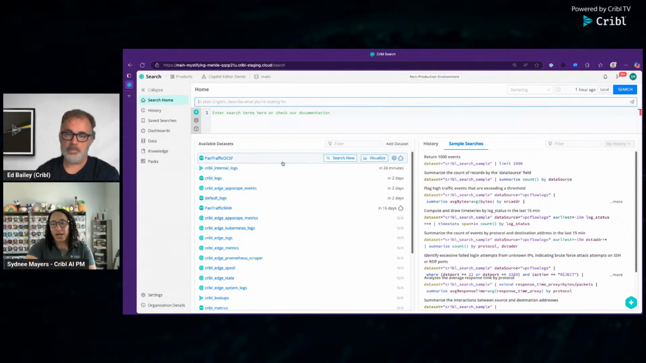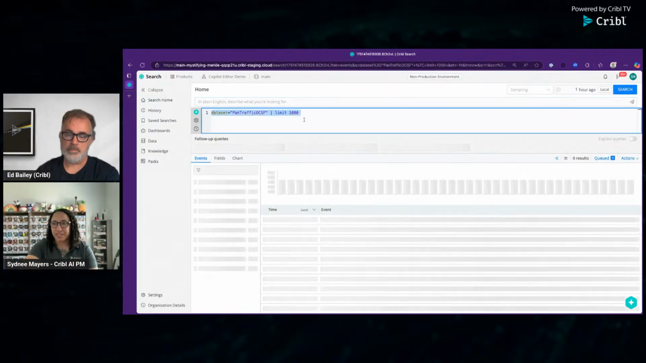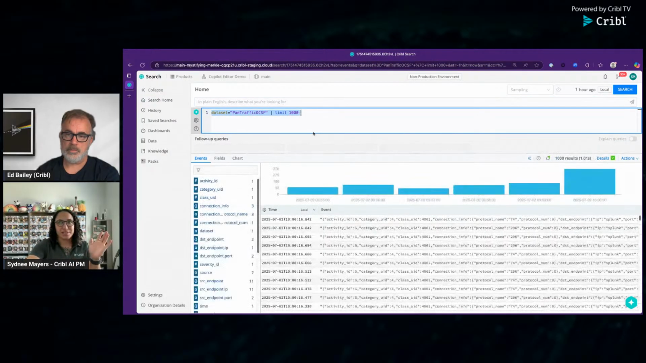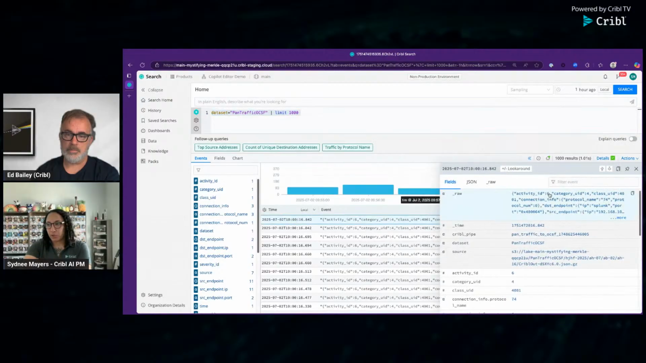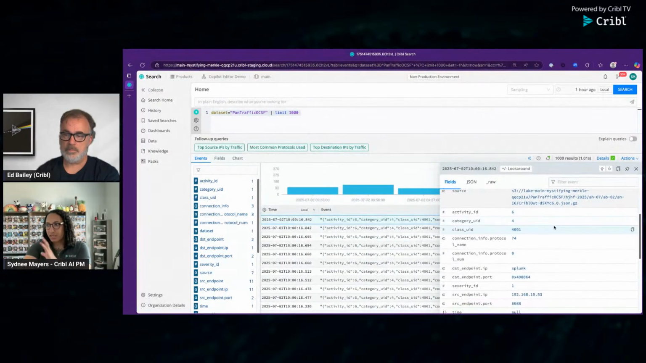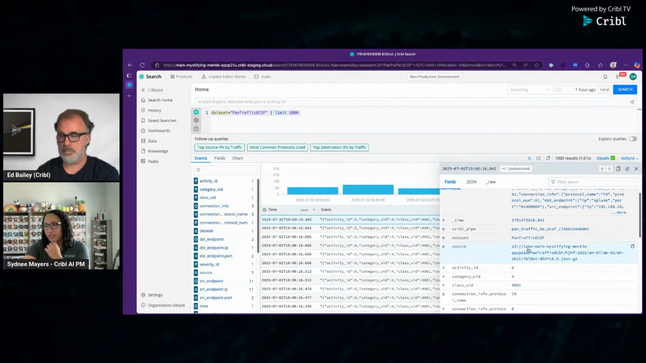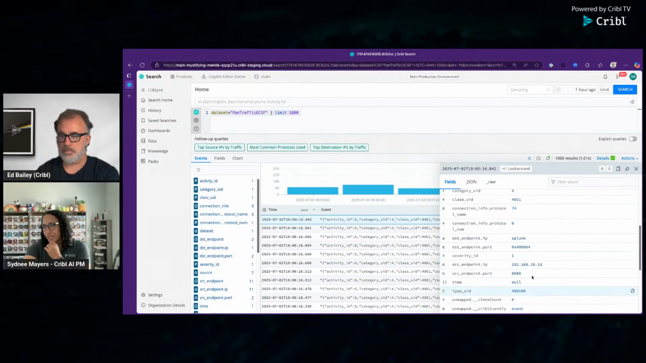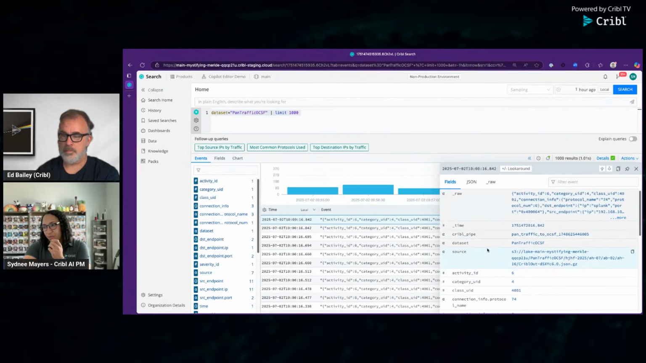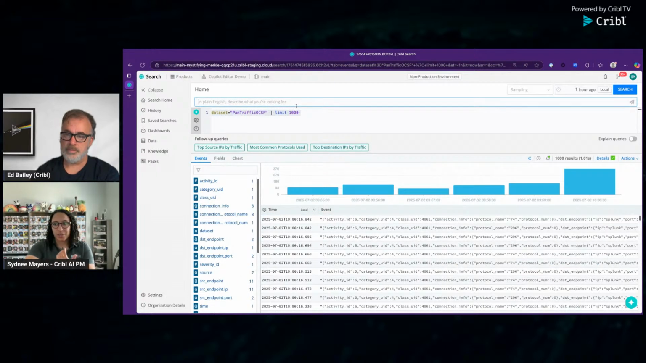So maybe I just got into my data set. I do a very basic search, pan traffic, limit 1,000. Maybe I just do a very quick look at what's in this data. So I can see it's going to Splunk. I can see some IP address information here. I can see my raw field, etc. So I can see a couple of things. Maybe I don't know if all of these are the same type of activity or the same type of category. So maybe I just want to see something like,